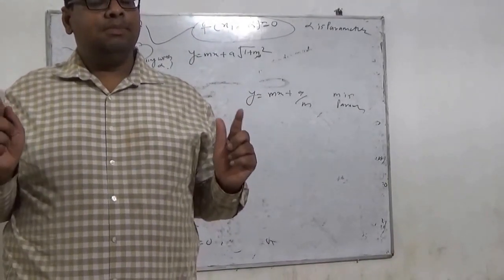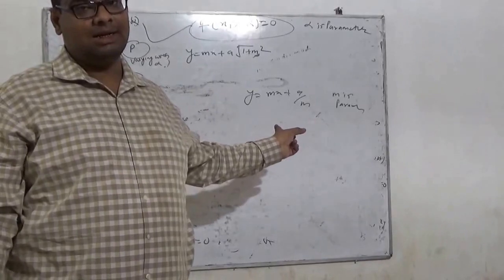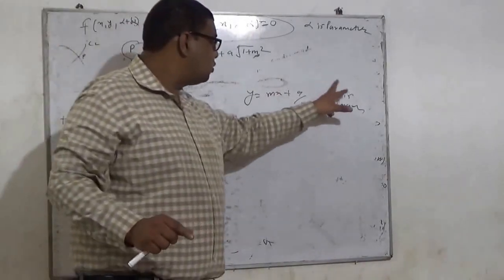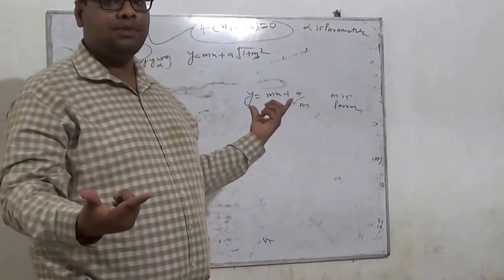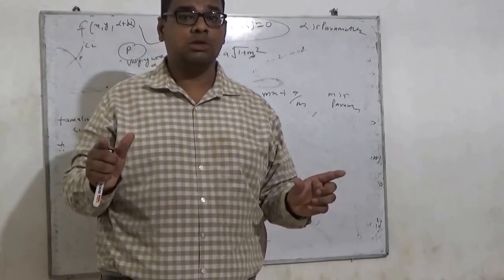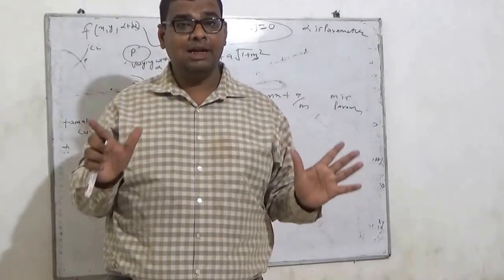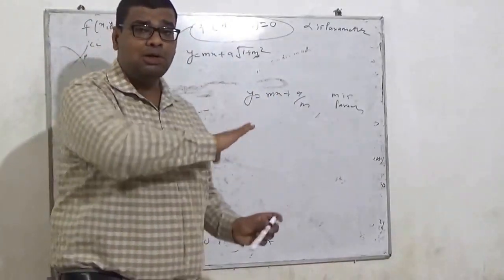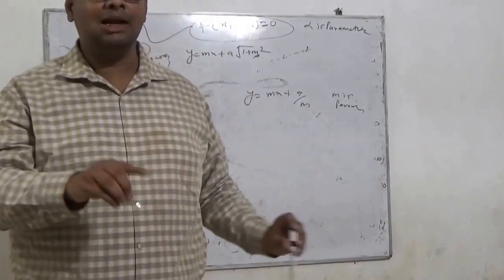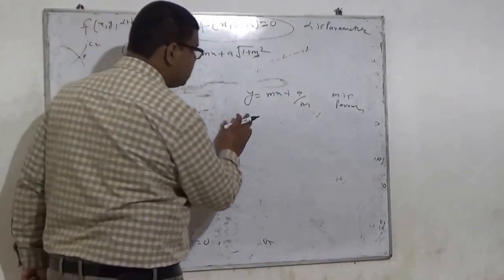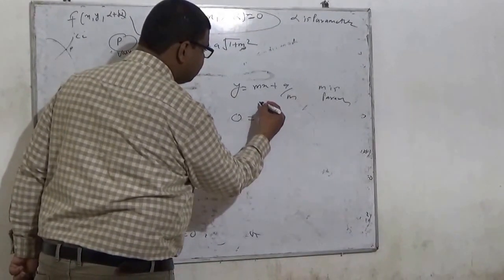which means what will be the corresponding curve for which this is the family of straight lines, for which, according to varying values of m, this gives the straight lines for what curve? That curve, that locus, we have to analyze. So how can we do that? For this, I have told earlier what we have to do. We have to differentiate the given family of straight lines with respect to the parameter. So I will differentiate with respect to m. So y will have 0 and m will have 1.